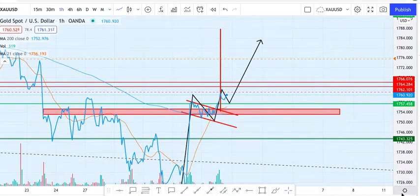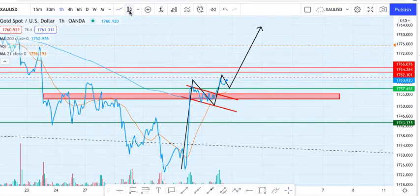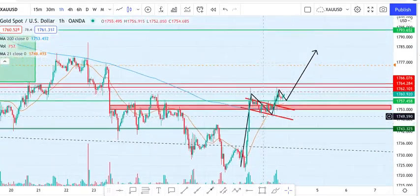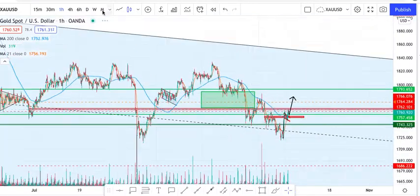But okay, so this is why I am particularly bullish. All right, and so this is something that I would get in. I definitely would get in. Okay, so that's what's going on for gold. Okay,